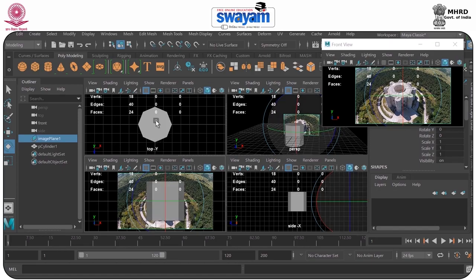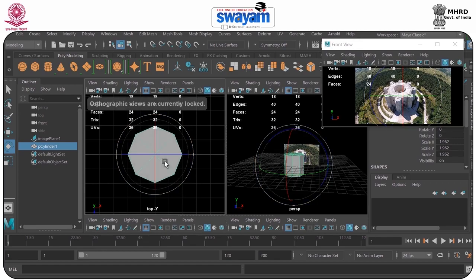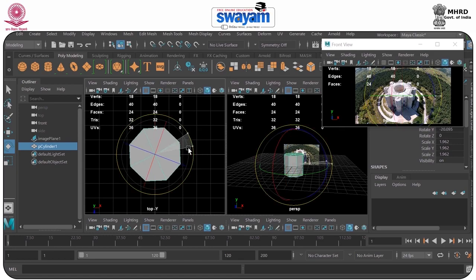So what I'm doing here, select the same, and here you can see the model is a little like this. Fine. And here you can see there is the same octagonal hole inside this.